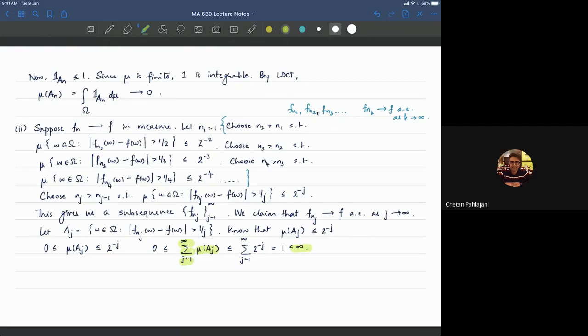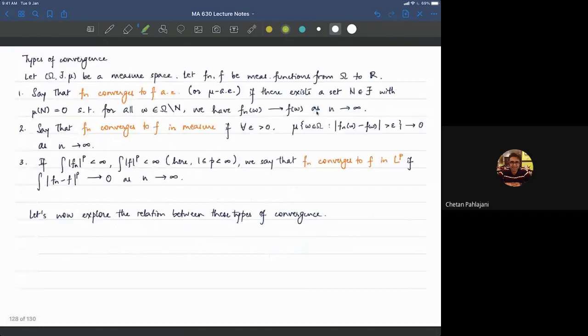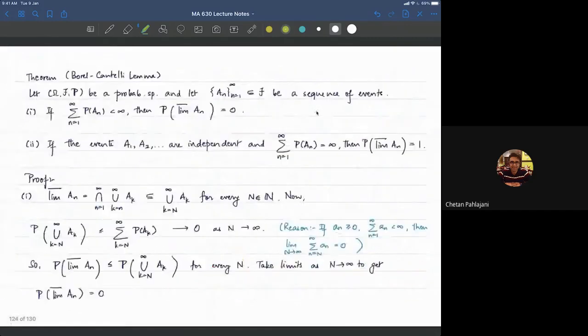All right, now we will use Borel-Cantelli. What did Borel-Cantelli tell us? Maybe I stand corrected. When I stated Borel-Cantelli, I stated it in the context of probability spaces. However, if you look at the first half of Borel-Cantelli, this also works for measures. Let me repeat that: the first part of Borel-Cantelli works also for measure spaces. Let me make a quick note of that, and let me leave that to you to verify.